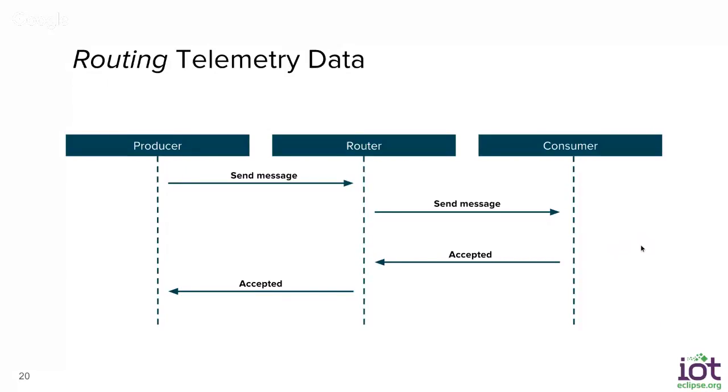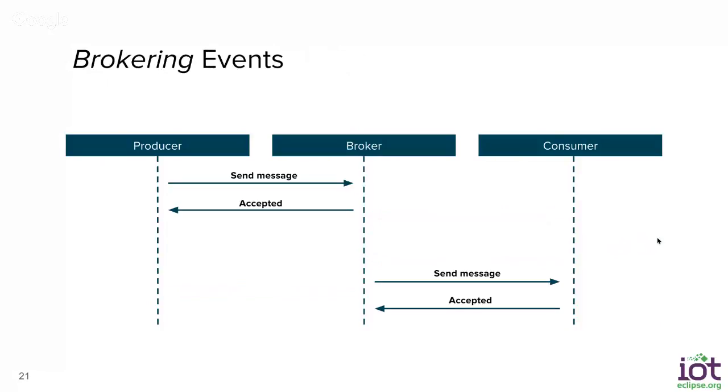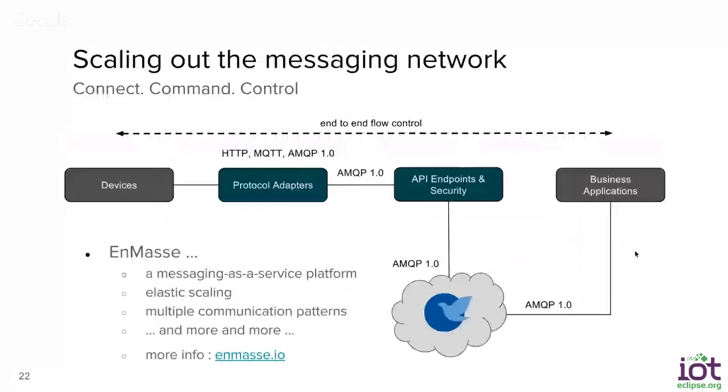On the next slide, though, you see in a brokering environment for events, the producer sends a message to the broker, and the broker accepts the message, meaning it takes responsibility for the message. And usually, in our case at least, it will also persist the message in the local file system or a database or whatever. And then later on, a consumer can say, I'm interested in particular messages for a tenant. And then the broker hands out the messages to the consumer, and the consumer can accept it. Okay, go on.